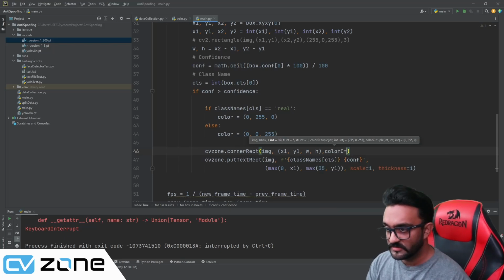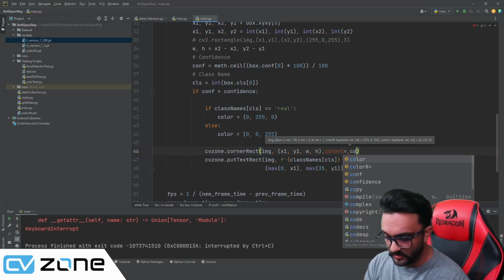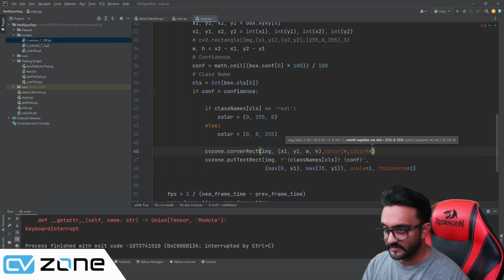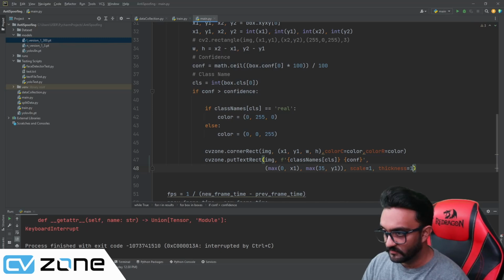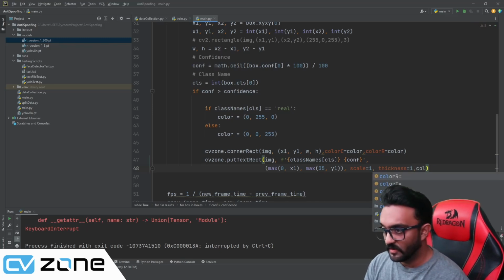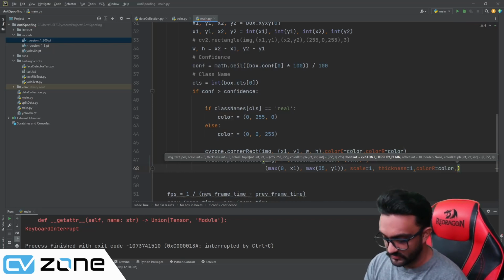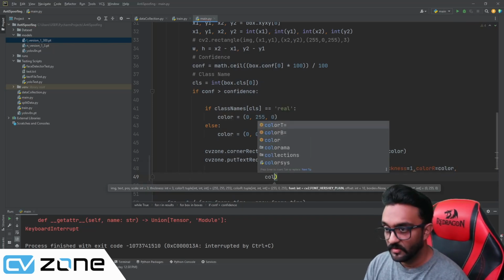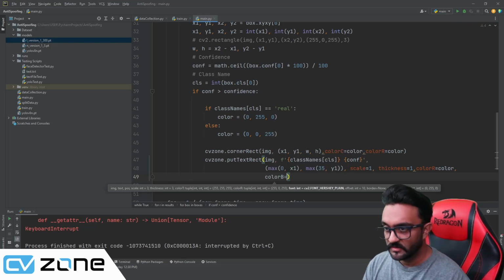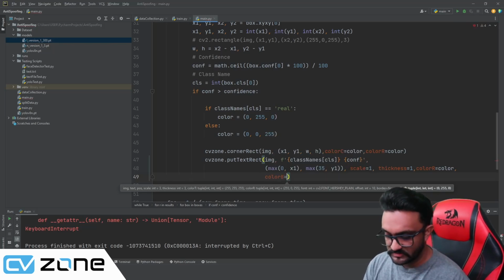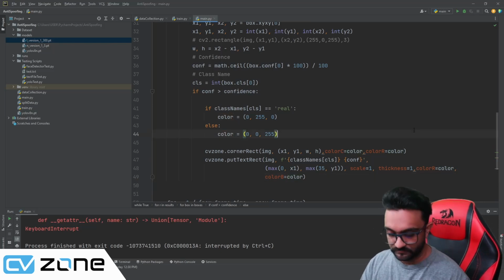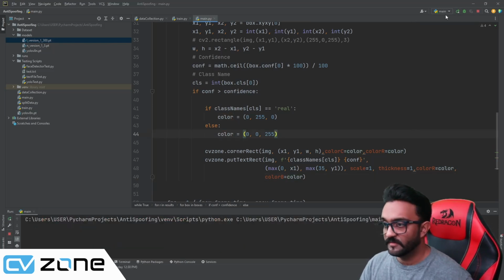So color for C is basically the corner, and the color for R is the rectangle. So both of them should be color. And for put text rect, the color R for the rectangle should be same. Then the color for the text is white, color for the background is red as well, or the color. So if we run that now,